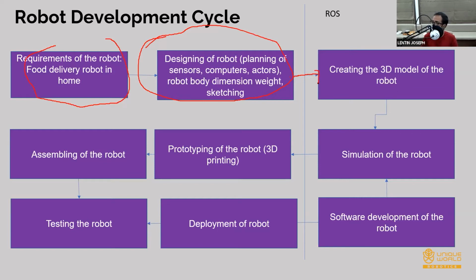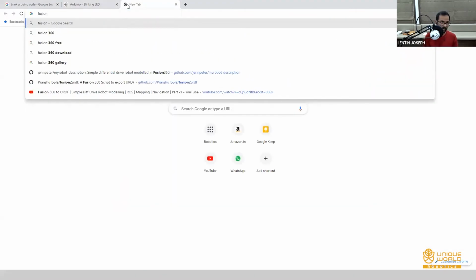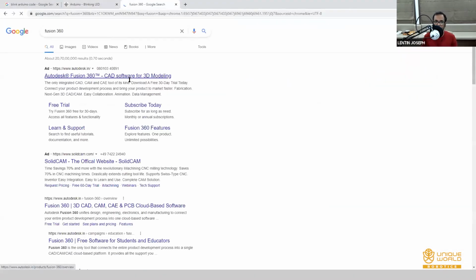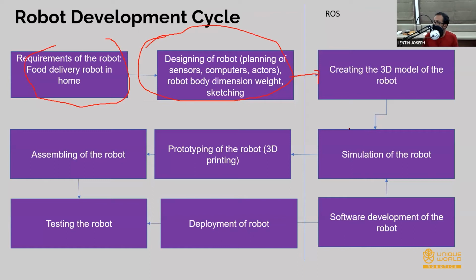3D modeling. I think you already know, like creating a 3D model using, there are many software tools like Fusion 360, SolidWorks. Maybe you can just search for it. There are many CAD tools available. So these are some of the tools that we can use to create a 3D model of our robot.